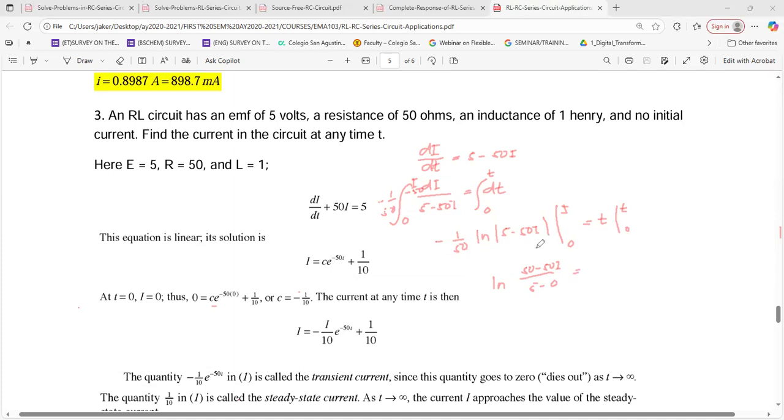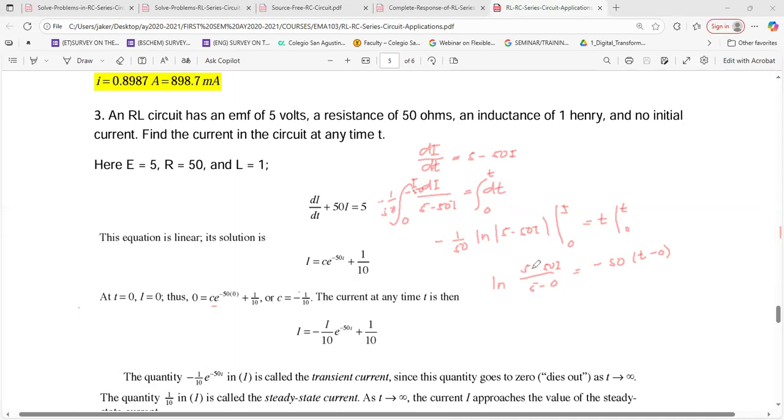And here on the right side, you will have negative 50. Now, if you substitute t and 0, upper limit is t, lower limit is 0. That's how it's going to look like. Now, if you eliminate the ln here, you make the left side and the right side of this equation the exponent of the e. That way, you'll get rid of the ln. So, your left side here becomes 50 minus, sorry, is that 50? It's just 5 by the way. No, no 0 there. I'll just erase. So this is just 5, not 50.